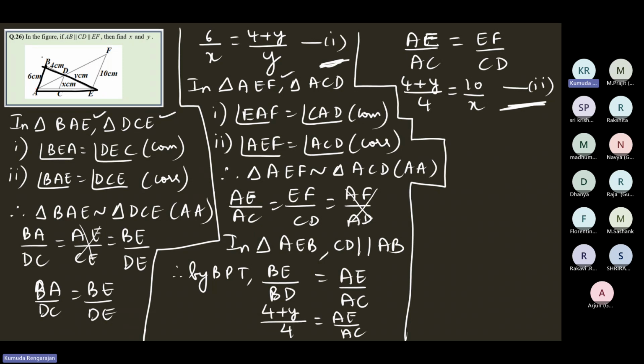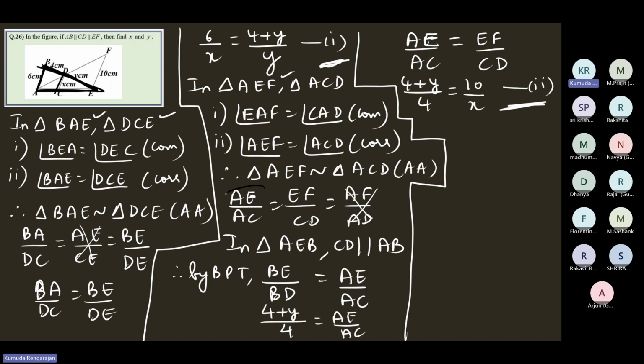Why we took up this triangle is because we know the segments of the side BE here. This one is marked 4 and this one is marked Y. We should not unnecessarily introduce variables. So in this triangle, since this line segment is parallel to this line segment, by BPT,